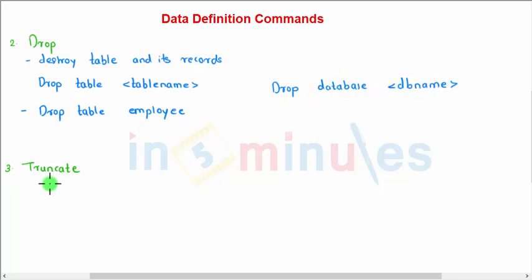name. Now let us move to the third command, that is the truncate command. Now as you could see, the drop command destroys the table and all its records, whereas the truncate command maintains the structure of the table, it only destroys the records of the table. The syntax for the truncate command is truncate table name. So if you want to truncate a table called student, you would write something like this: truncate table